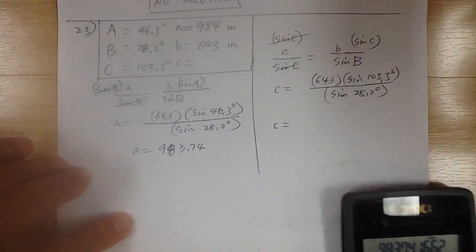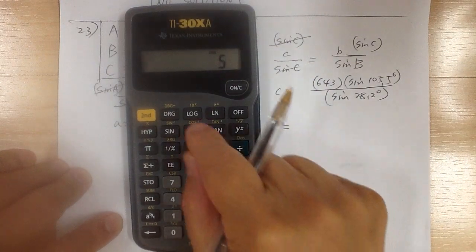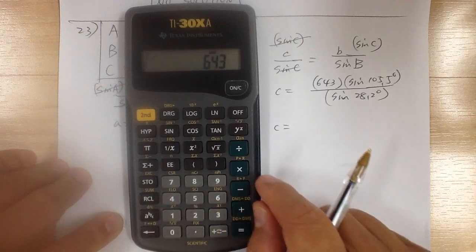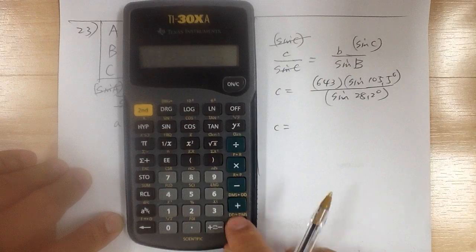So get your calculator. 105.5 sine multiplied by 643 divided by 28.2 sine equals